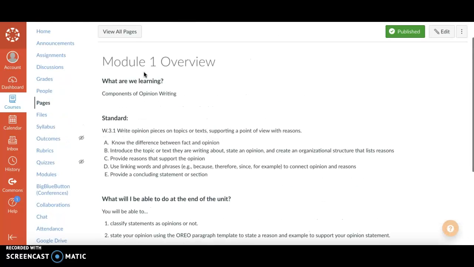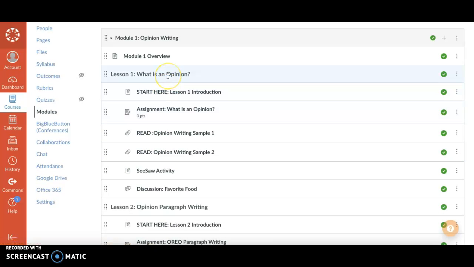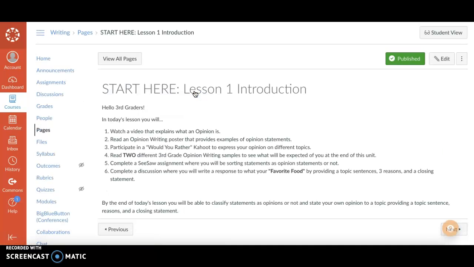So once they have looked at the overview, they will come back and they will start lesson 1. With lesson 1, they will start by looking at the lesson introduction. For lesson 1, they will watch a video that explains what an opinion is, read an opinion writing poster that provides examples of opinion statements, participate in a Would You Rather Kahoot to express their opinions on different topics,